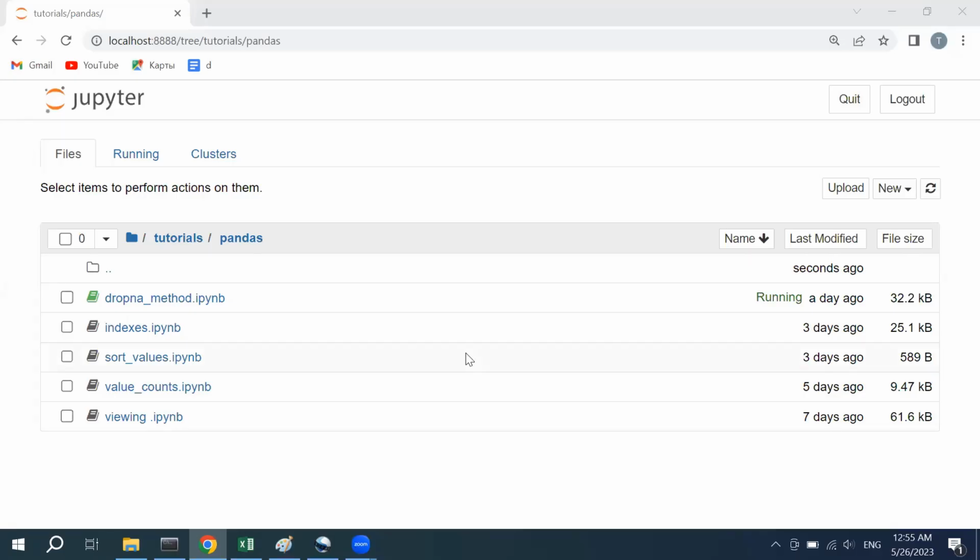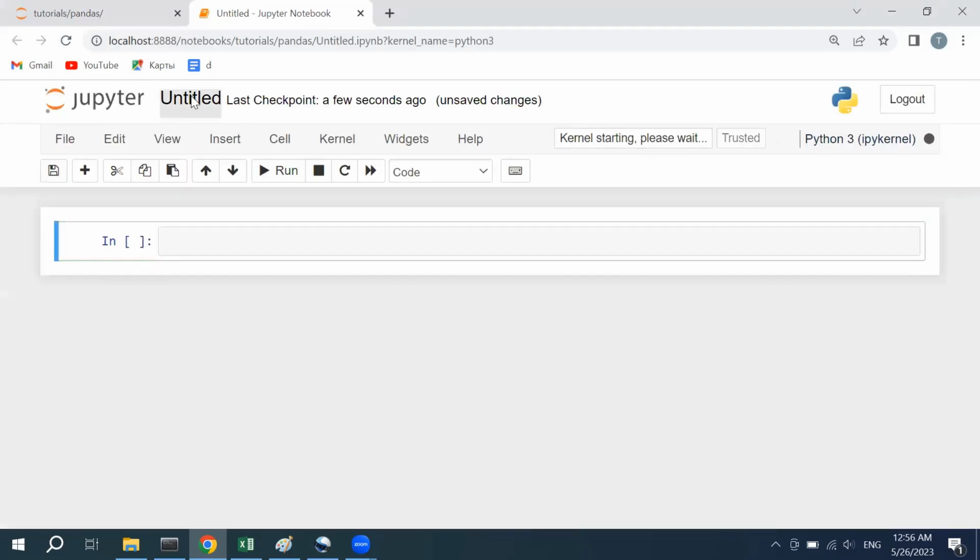Hi guys, in this lesson we will learn how to change the rows or column values, especially how to change or manipulate specifically numeric data with the help of the methods. This is the first part, and in this part we will explain the basics of it. So let's create a new file and call it change values